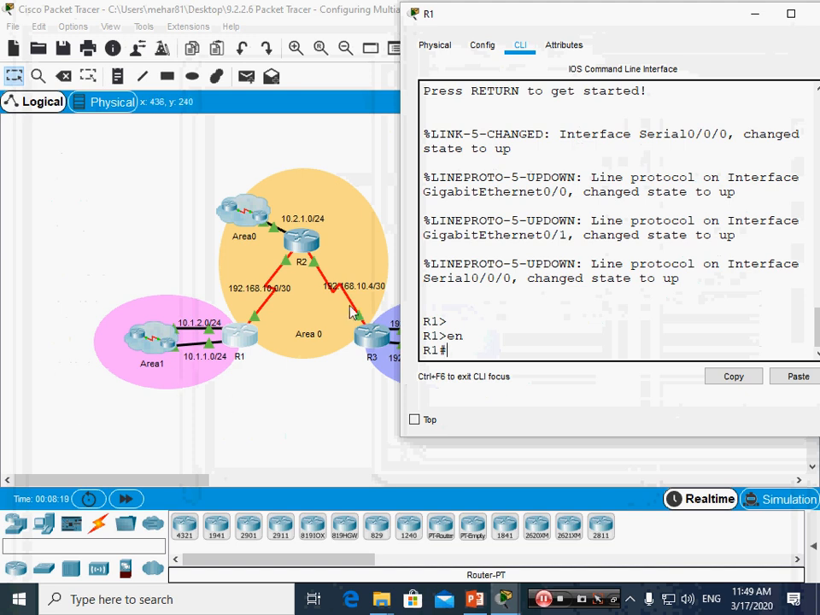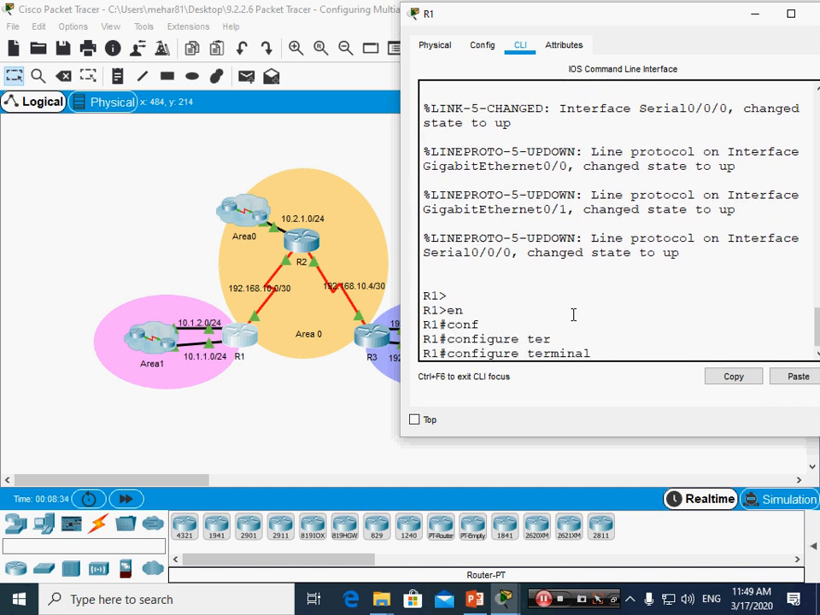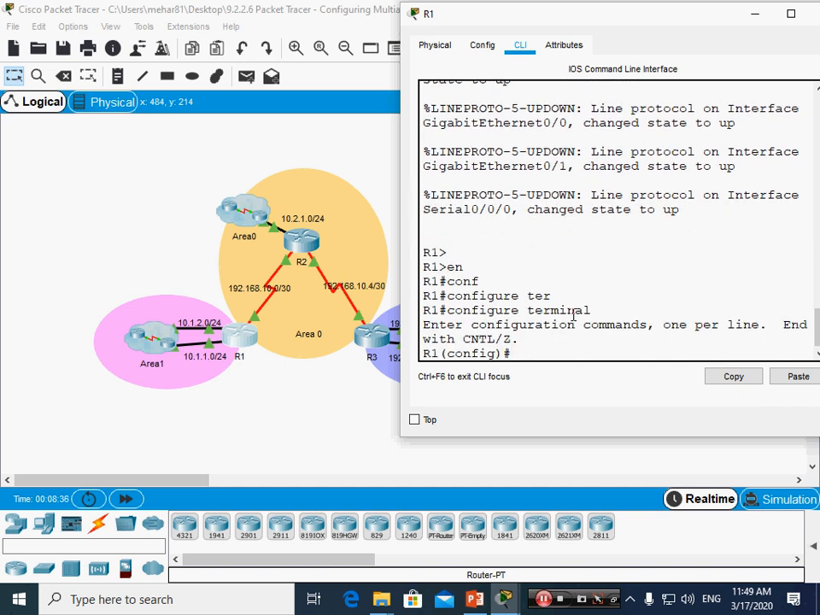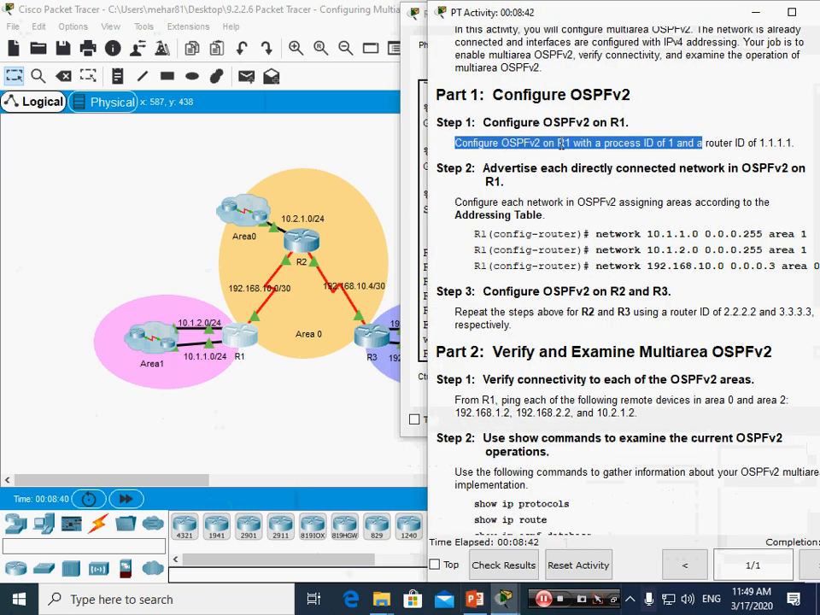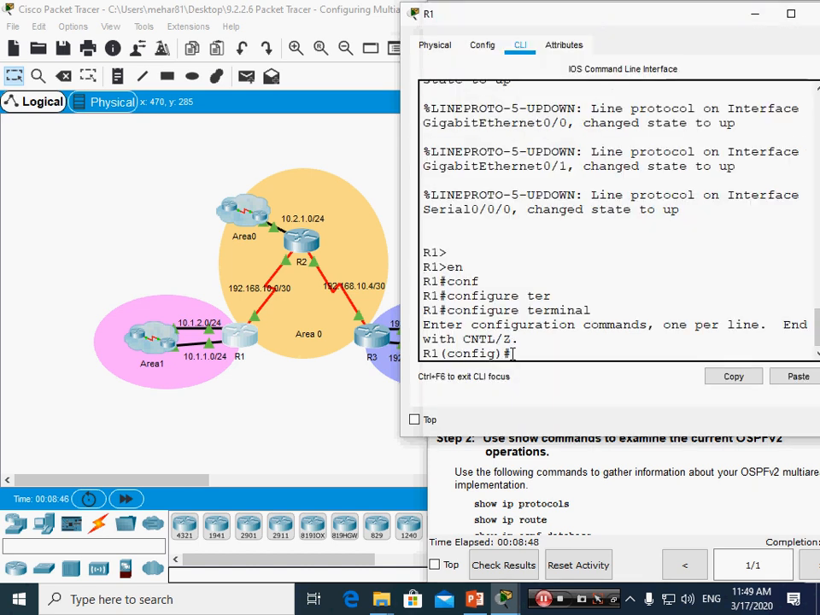Okay, so on router 1, how many networks do we need to configure? We have three networks: 10.0, 2.0, 1.0. Configure terminal. In the activity, the first step is given like this: you need to configure process ID 1 and router ID 1.1.1.1. So what we need to do is configure router